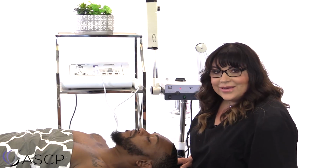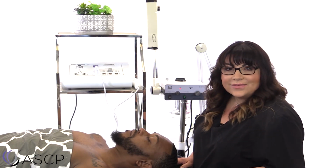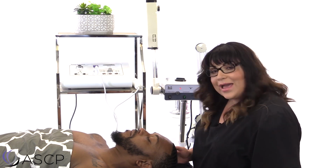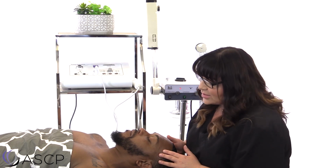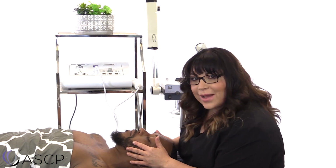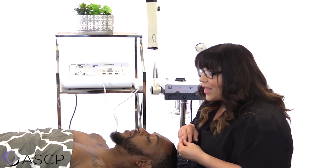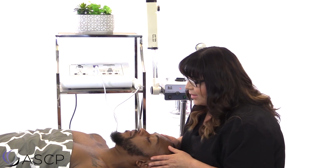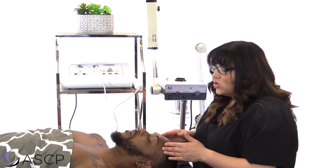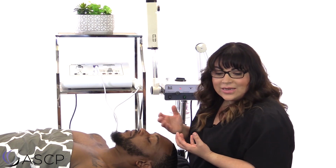Most often with men, especially the ones who shave, they are more prone to sensitivities and breakouts, also ingrown hairs, especially as that hair starts to grow in. Sometimes the hair will get trapped in the follicles. So a really good exfoliation plan is important for your male client. The beard facial or the beard treatment should only be about 10 to 15 minutes and be done as an